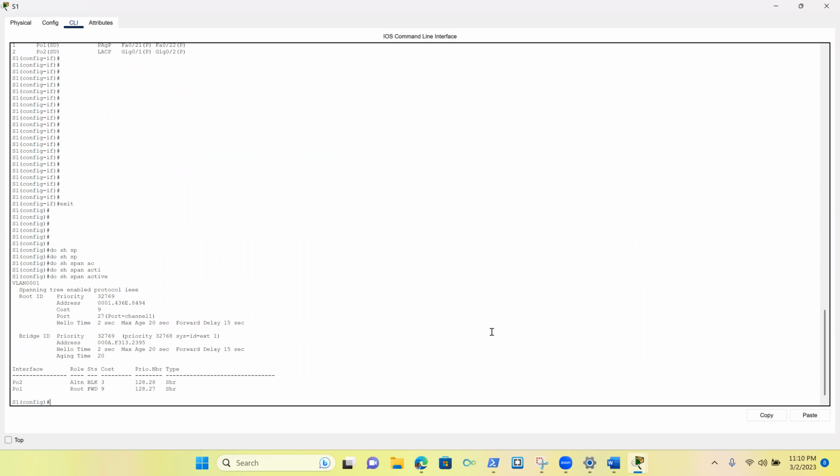So now you see how it says VLAN 0001 spanning tree enabled protocol IEEE, right? So port 27 is port channel,